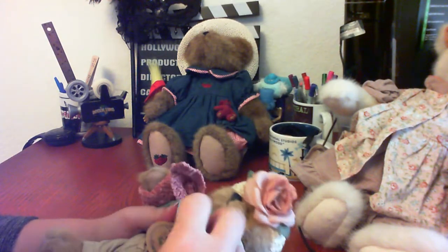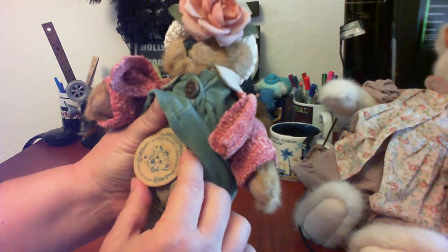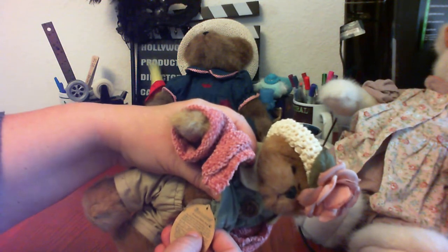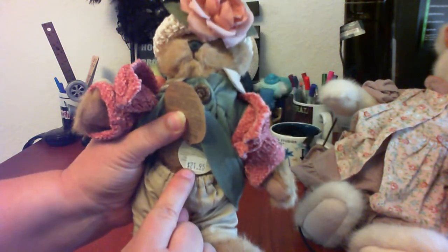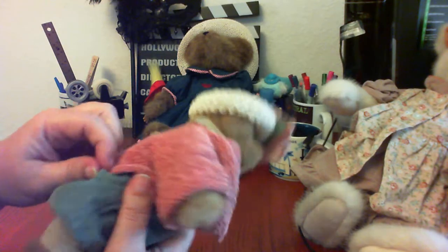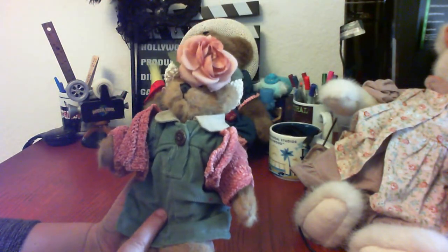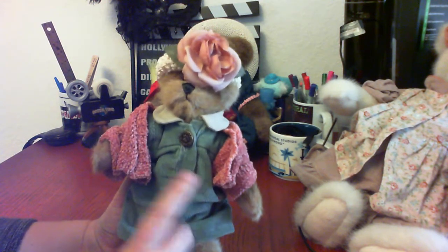Oh, no. This person was good. See, they're all under here. Wow, that's a completely different tag. Bailey and Friends presents Bailey Bear. Oh, look, here you go. And here's the original price on that one, too. $21.95. And I think these Bailey Bears are an older series, to tell you the truth. So, yeah. If I had more Bailey Bears, I would definitely put them together, but this is the only one